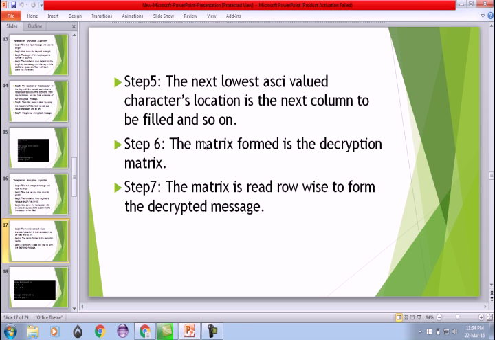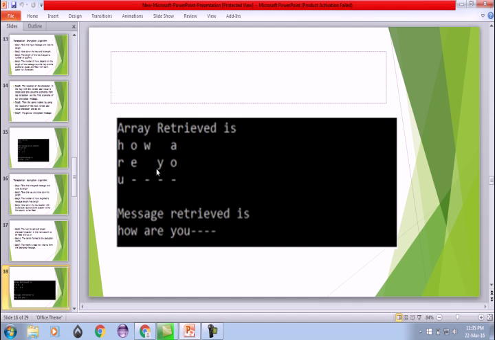The character with the lowest ASCII value is the next column to be filled, and so on. The matrix formed is the decryption matrix. The matrix is read row-wise to form the decrypted message. See, this was the original text which we encrypted before,